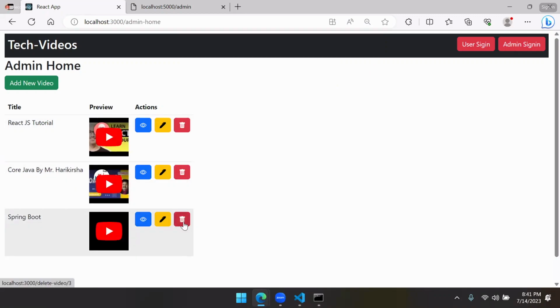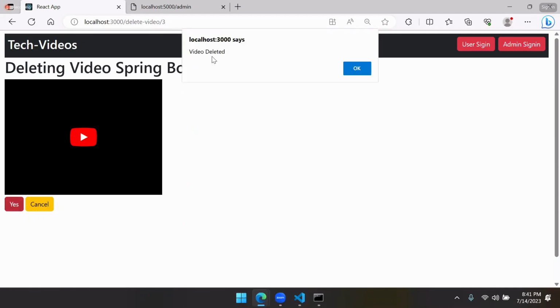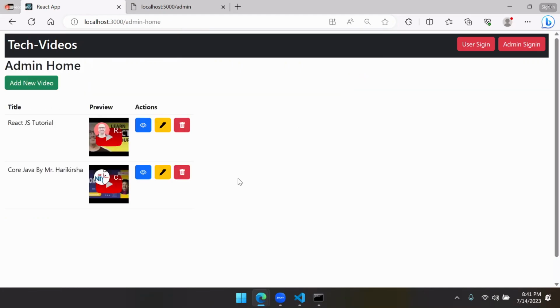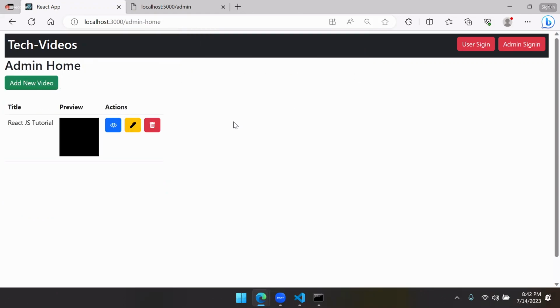I want to delete it. Then click on delete. Or you want to delete? Then click on yes. That's a video deleted, and okay, it is not there. That means we can navigate to the home and we can display. That is not there. That's a simple process. Anything you can do the same, right? So we are adding, we are deleting. Delete this video, delete. Are you sure? Yes. Video deleted. Now you have only one,